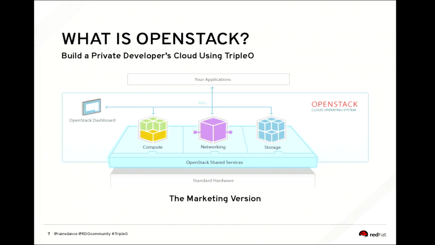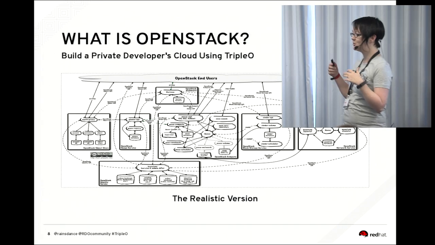Okay, so what is OpenStack? This is the marketing version. This is the version on the website. This is the architectural overview. It looks really pretty and simple. We've got the compute project, the networking project. That storage block over there is so fake because it's actually 3 sub-projects and then other projects. You've got your standard hardware. This is a really nice way to think about OpenStack because it's simple and they're pretty colors. And then you have an OpenStack dashboard and all your apps, your Python apps sit on top of it and run, and it's awesome. The reality is that it's much, much, much scarier.